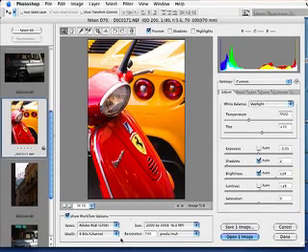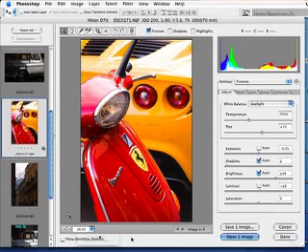Since this is something that you're mostly not going to make a lot of adjustments to, it's something you use kind of at the end of your process. Or you may set it and forget it. A lot of people pick that they're going to embed Adobe RGB or ProPhoto, or they're going to leave it at 8 bits, whatever they're going to leave it at. Then you can just hide this most of the time. So there's a couple of little known Camera Raw tips just for your Camera Raw productivity and efficiency. And your viewing pleasure.